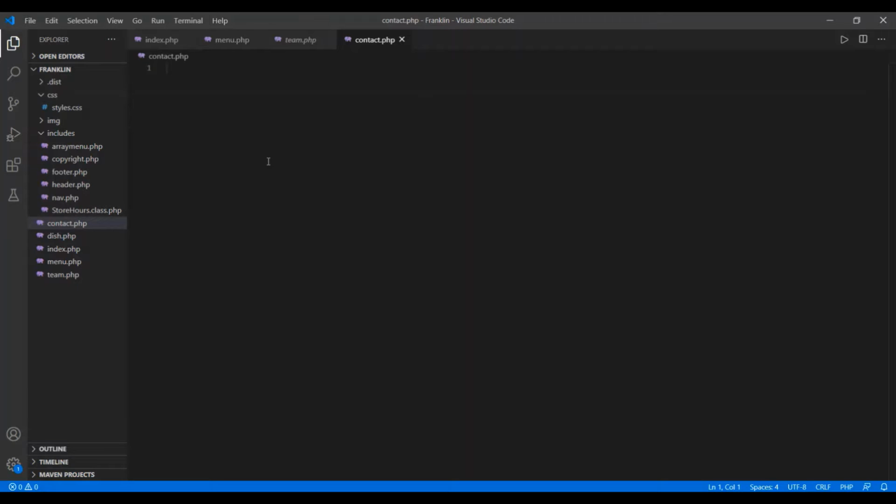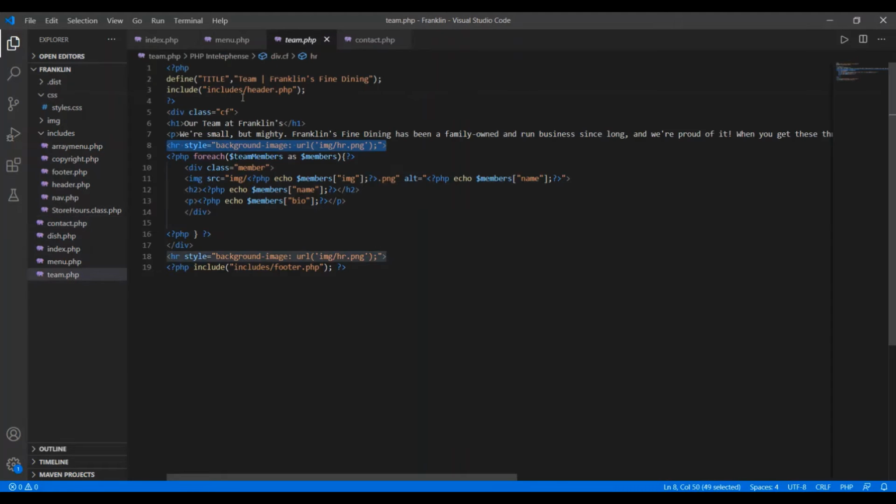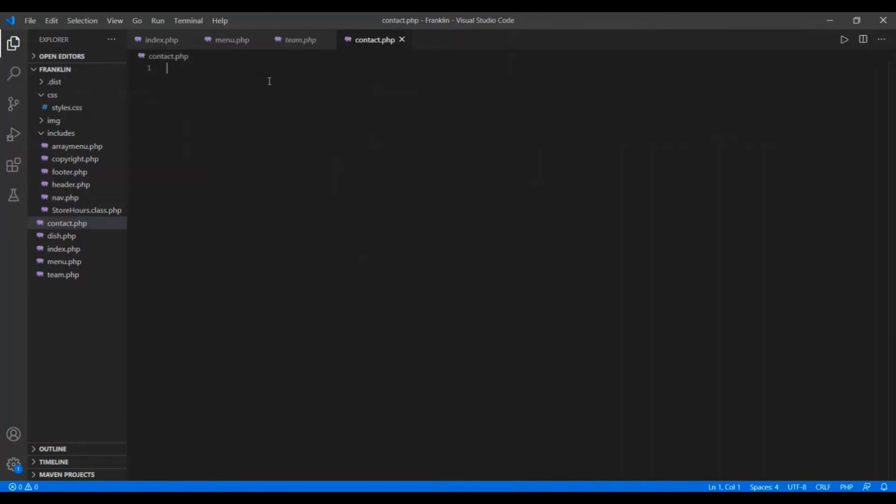To do that I can copy my PHP script from the other file. To save time, I'm just going to copy it from there, save it, and the title will go from team to contact. Contact is here, then we have included the header file.